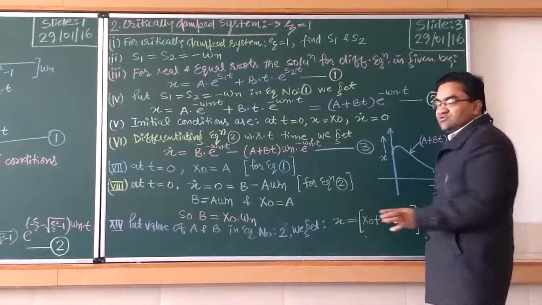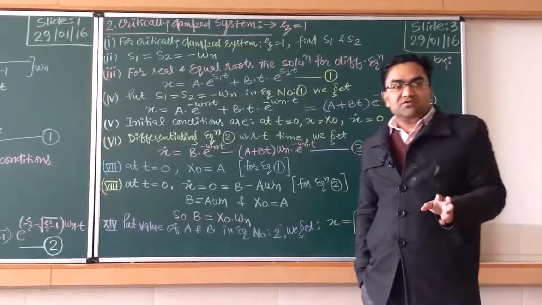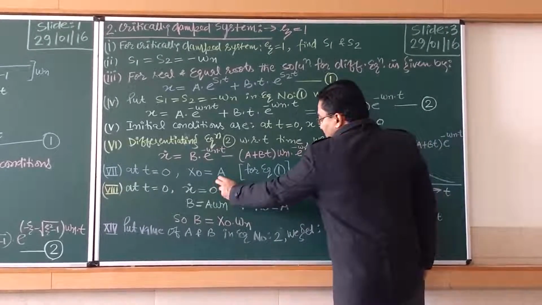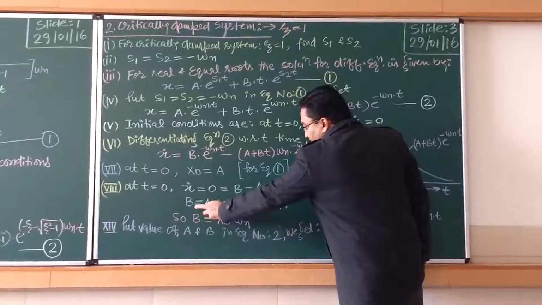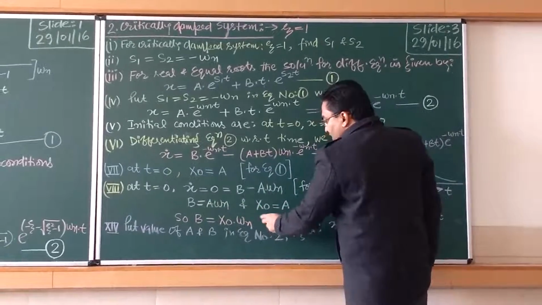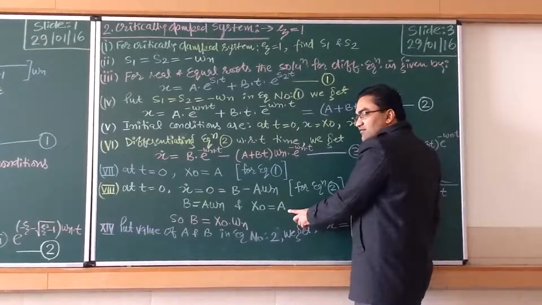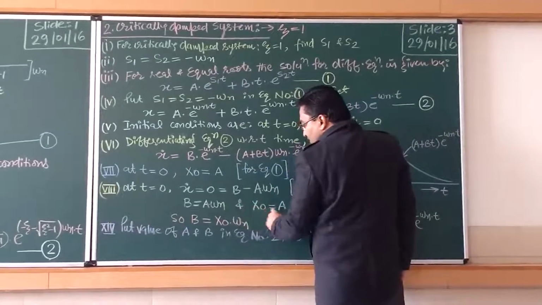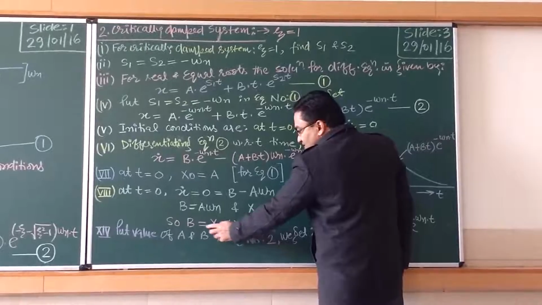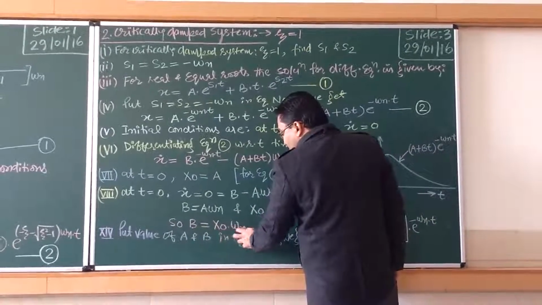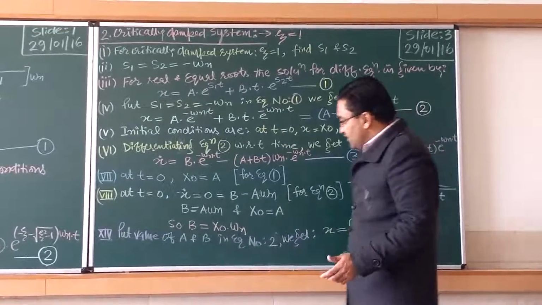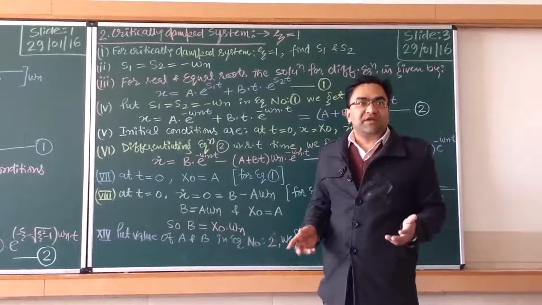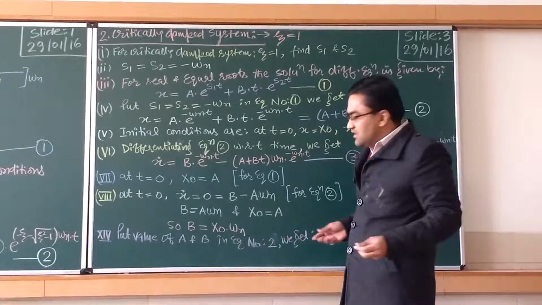I have already mentioned it so that you may be able to remember it. So to what equation are we applying the boundary condition? From both the equations we can write b equal to a into omega n, and x0 equal to a. This is the solution. Now, if a equal to x0, so we are putting the value of a as x0, we obtain b equal to x0 into omega n. Put the value of a and b. We have been successful in obtaining the values of a and b, that is the ultimate motive.